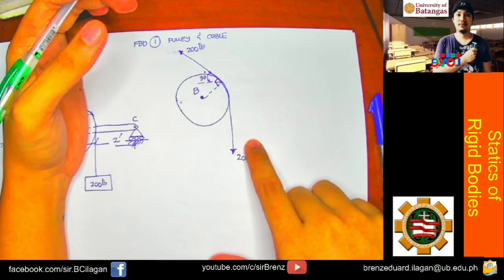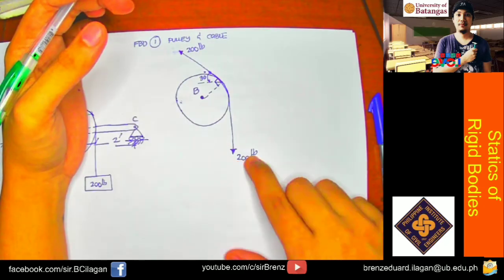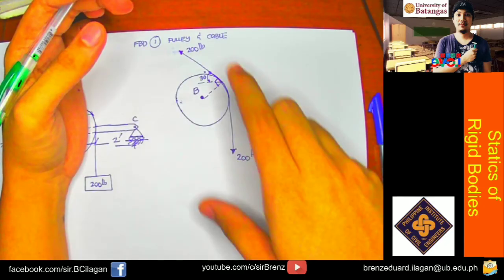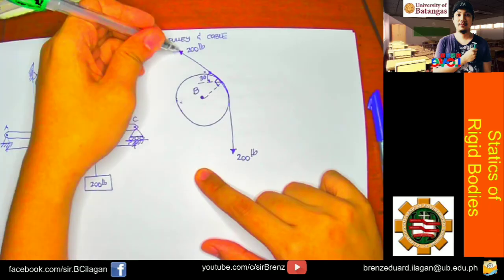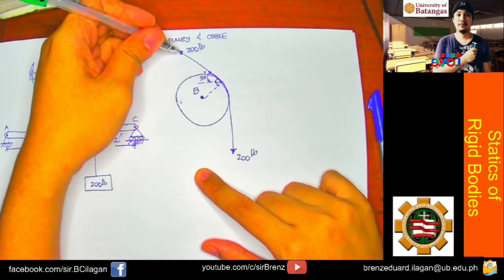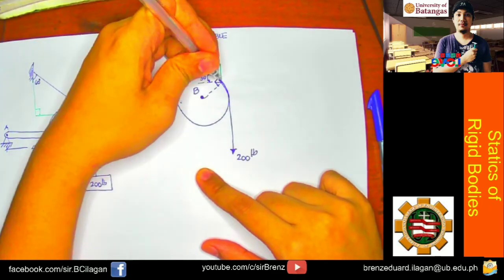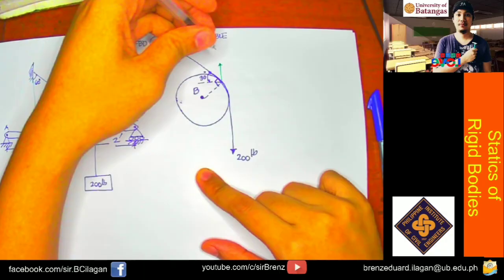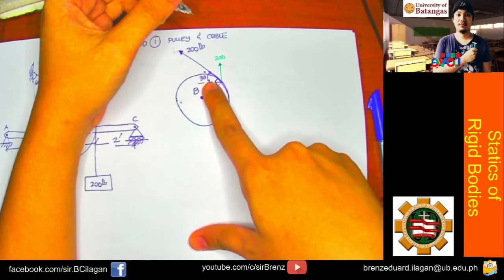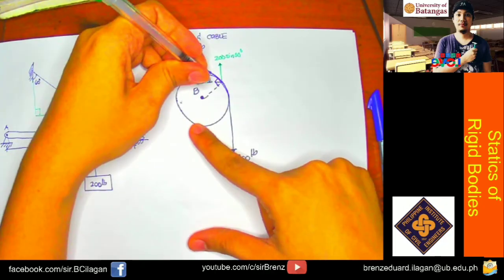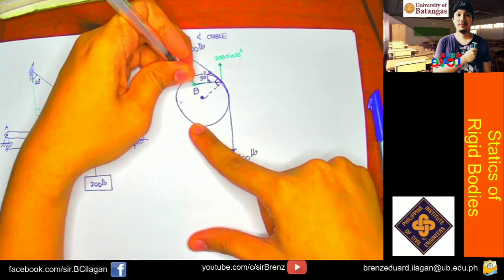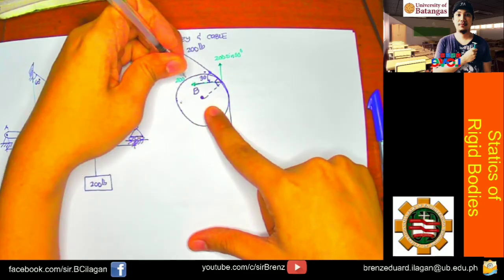When we say frictionless, if this is 200 pound, the tension here is also 200 pound. It's not affected by the surface of this pulley. Okay, so if that is the case, so this is 200, di ba naka-inclined yan? So ibig sabihin, pwede ko siyang gawin into two components. So paano nga makuha yung Y component niya? Using 30, so 200 sine 30. And then we have here a horizontal component or X component which is going to the left, na 200 cosine